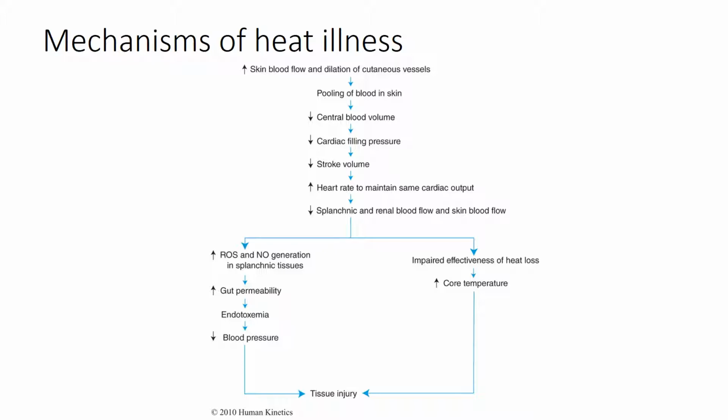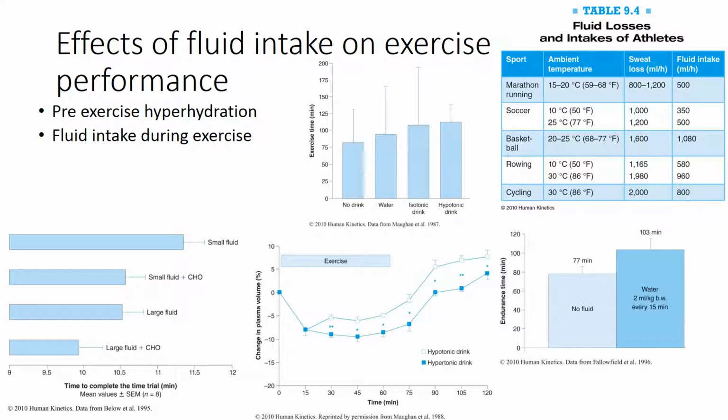So if you're trying to manipulate your body water to make weight for a competition, your best bet is actually to take the most passive method. Like literally just try to relax and let yourself lose that weight. So when we're working with athletes, our goal is to make sure that we are getting in and topping off our fluid tanks before we even start exercising. And like I said at the beginning of class, if you just do a giant bolus to start, it's not going to really be there to help you out that much because it's just going to be in your stomach and then getting to your bloodstream, then getting where it needs to be. We're talking about really pushing that hydration 1 to 2 hours beforehand. Okay?